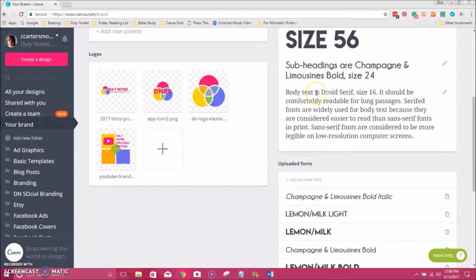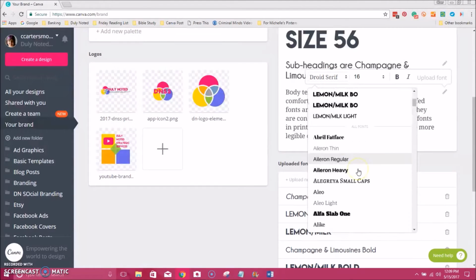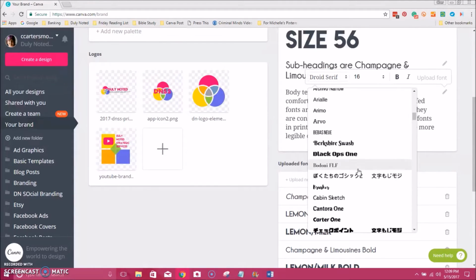And for me personally, I don't like serifed fonts. That's anything that has these little tails hanging off and looks kind of classic. I really don't like that look. I like a more modern, rounded look. So I'm going to scroll down. There is a font inside of Canva that I really like